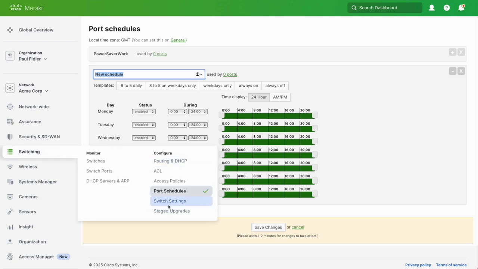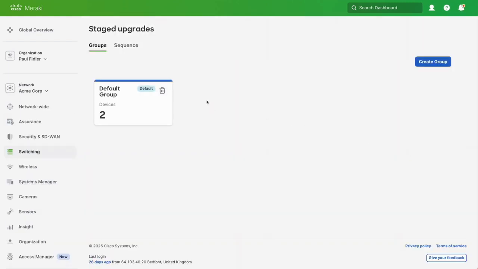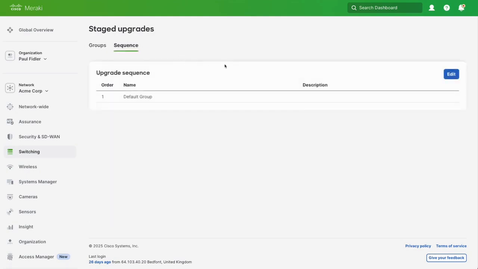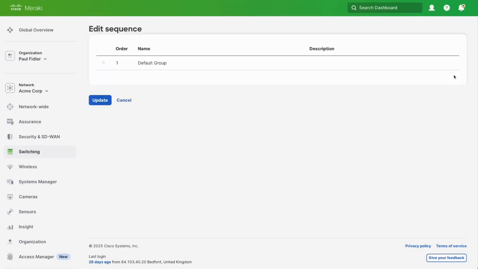Lastly, we can look at staged upgrades as well. One of the benefits of this is that we can actually create a sequence of updates for a particular bunch of switches, meaning that there is little to no disruption